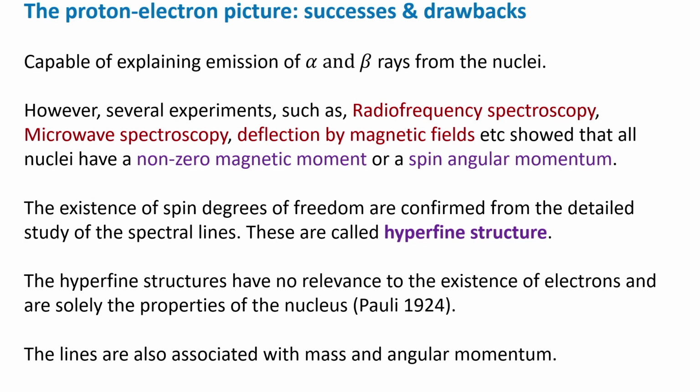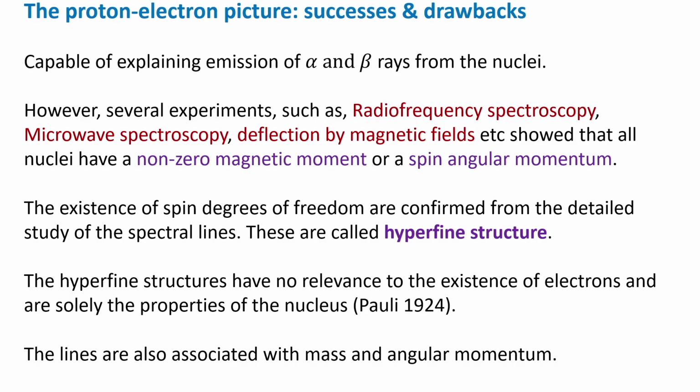And the existence of these spin degrees of freedom is confirmed from the detailed study of the spectral lines from spectroscopy, as mentioned above, and these are called the hyperfine structure. If you remember, we talked about these hyperfine effects in the hydrogen atom when we started discussing perturbation theory. And these hyperfine structures have no relevance to the existence of electrons and are solely properties of the nucleus,